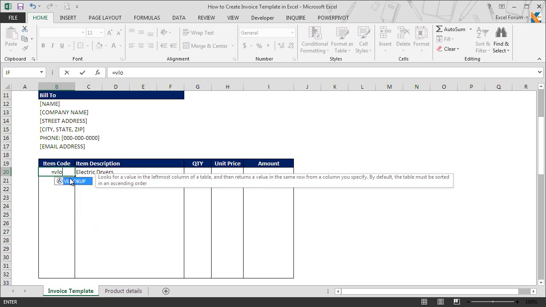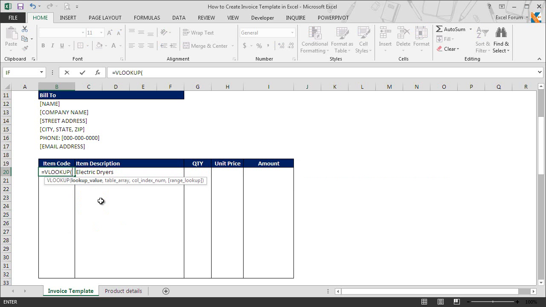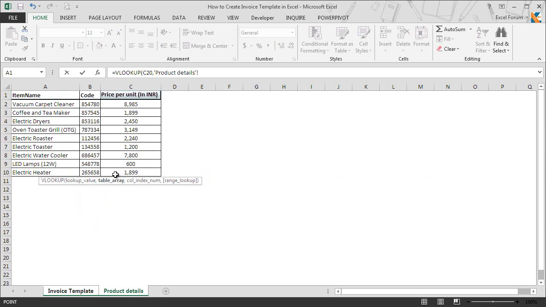So we type the VLOOKUP function here. Since column C stores the value which we want to look up, we select C20 as the lookup value, and then we go to the product detail sheet tab to select the table array. We select the table array range from A2 to C10, and then we press the F4 key to make it an absolute